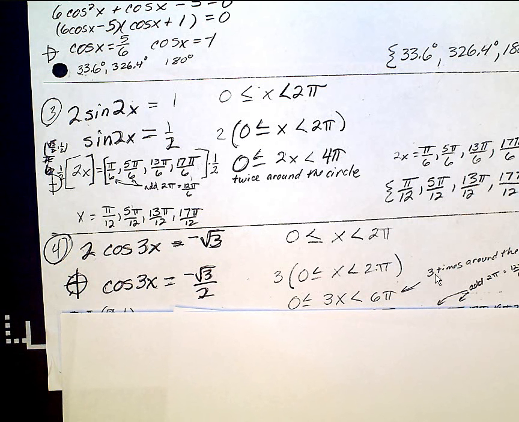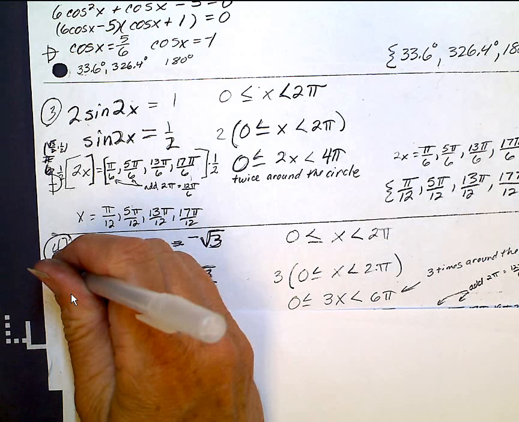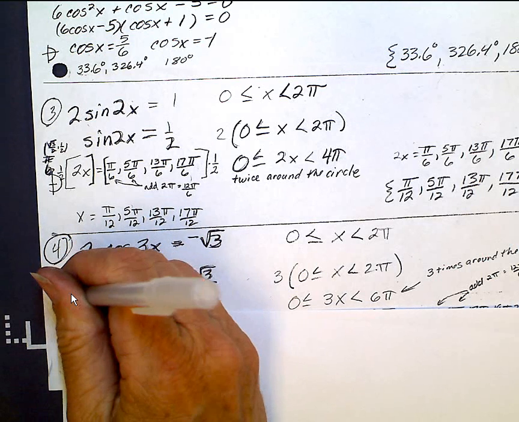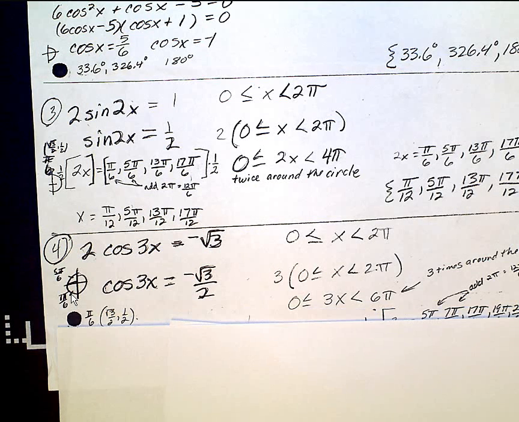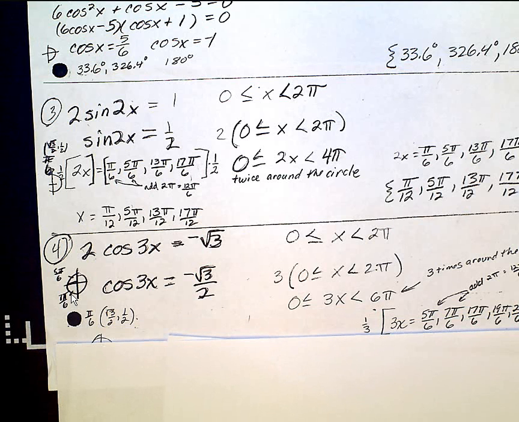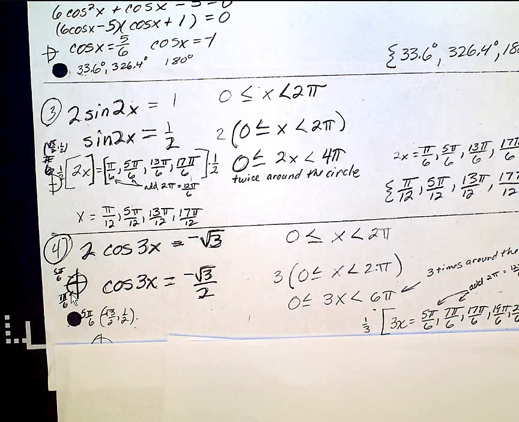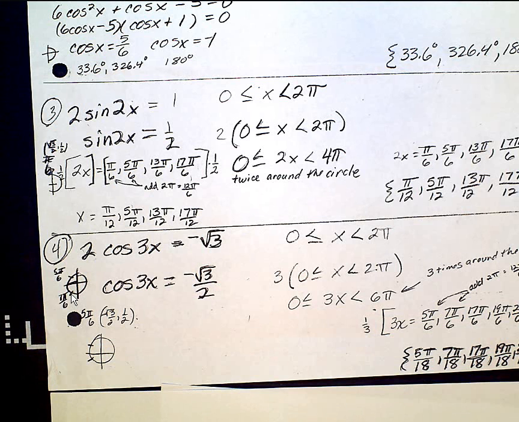So I need to go 3 times around the circle and hit these 2 spots, which are pi over 6, 5 pi over 6, and 7 pi over 6, all 3 times when I go around the unit circle. So when you're looking at this, if I want to get a negative value for the x, I'm going to get 5 pi over 6, going to hit those 2 spots every time. And so you'll notice over here that as I go around the unit circle 3 times, I've got my 5 pi over 6 and my